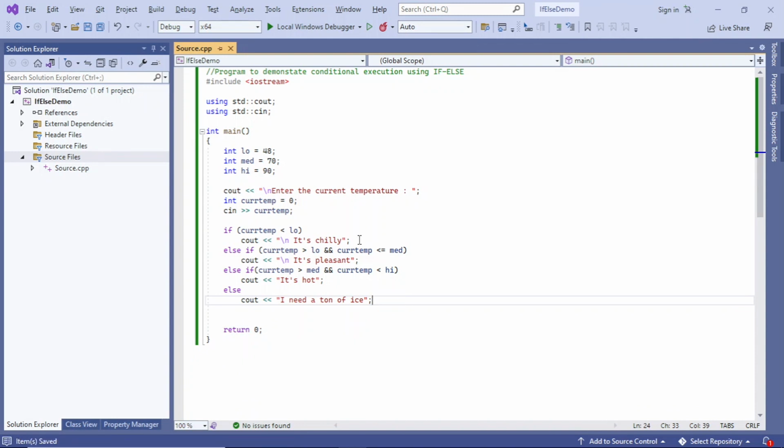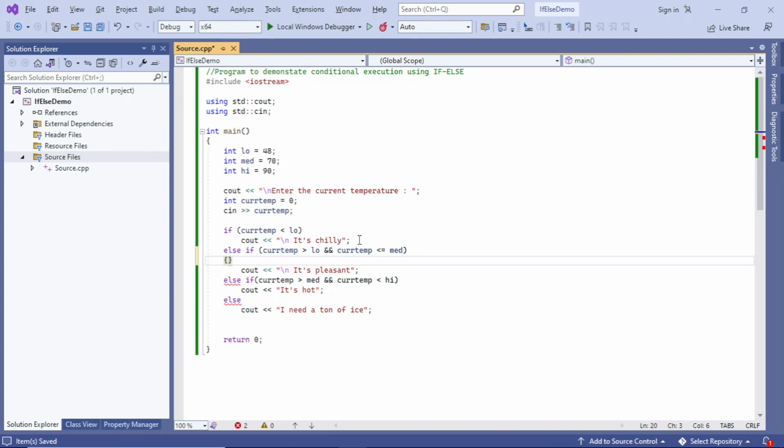Now there's one thumb rule that is usually followed, and that is if your if-else ladder gets too long, and it's going to become a really convoluted mess of if and else statements, then you'll be better off using a switch case statement. Now it's also possible to nest ifs inside another if statement. So for instance, let's assume that within this else if I have something like this,